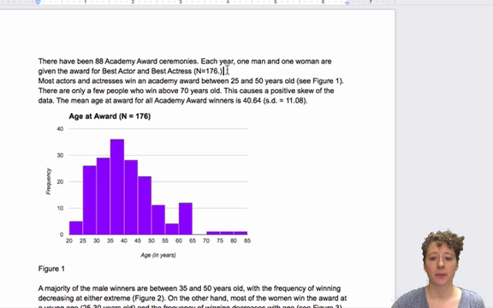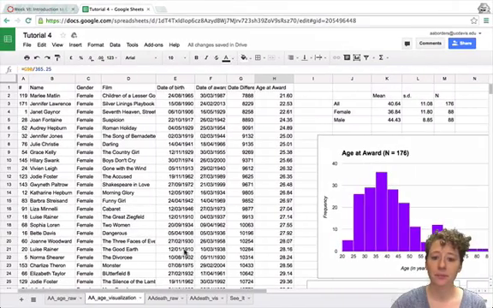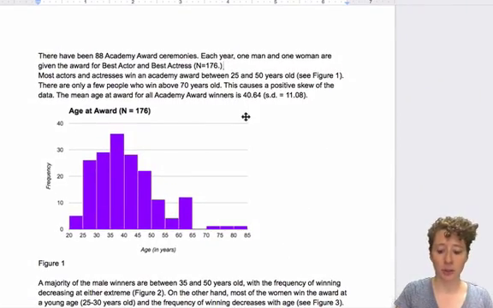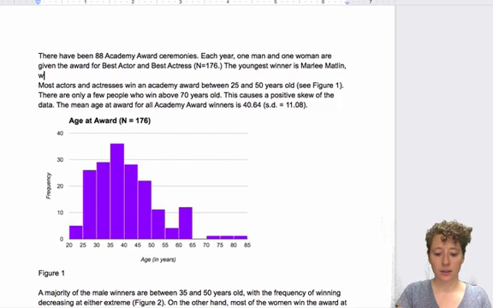We can also add some other detail. We can look at who is the oldest person and who is the youngest person to ever have won one of these awards. I've already sorted these data by age. So the youngest winner is Marlee Matlin, who I have not heard of, but we will still acknowledge her for her accomplishments. The youngest winner is Marlee Matlin at 21 years old,